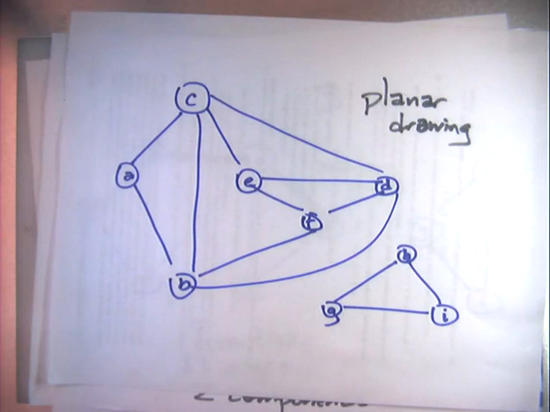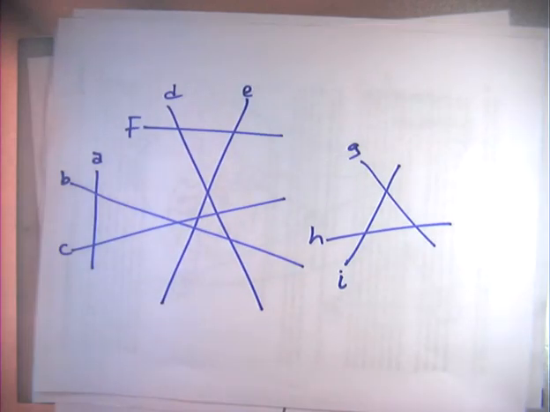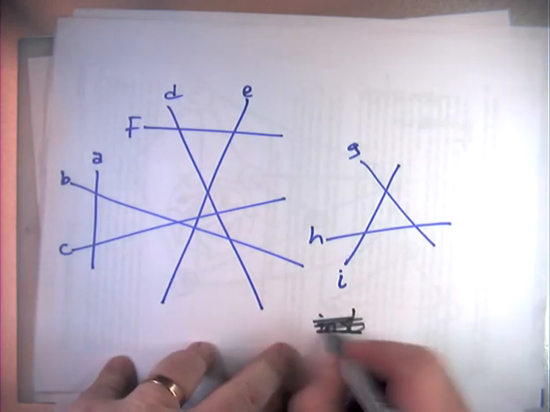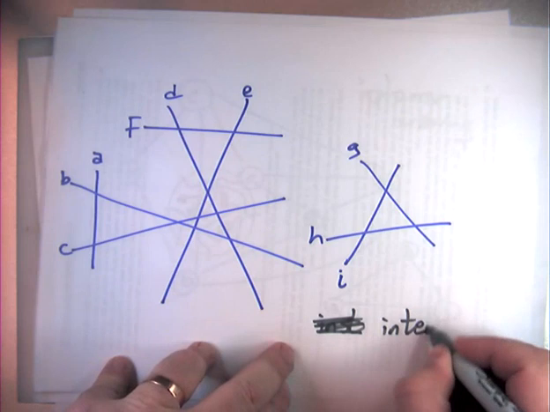Here's another drawing of the same graph. The vertices are line segments. The edges are intersection points between those line segments. Every intersection point is defined by exactly two segments. So in this drawing, which is sometimes referred to as an intersection graph,